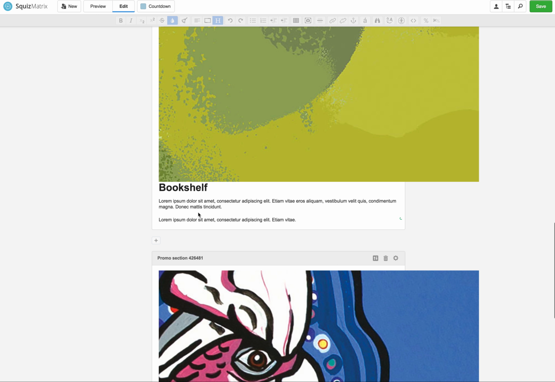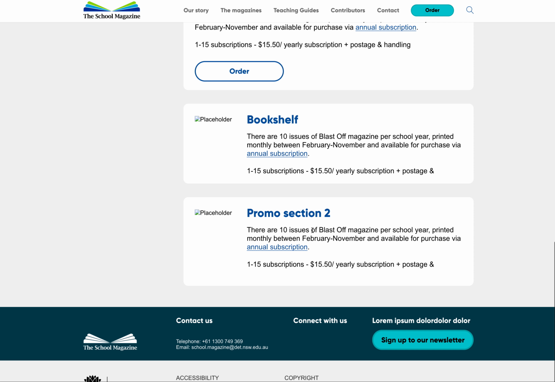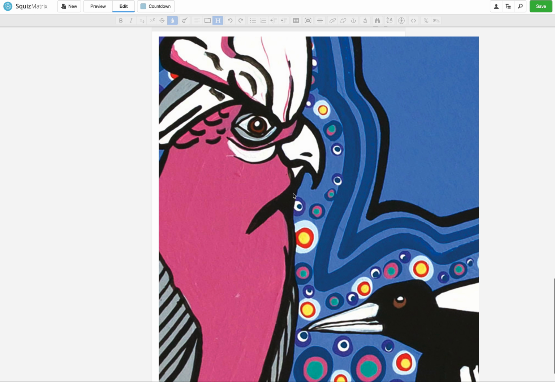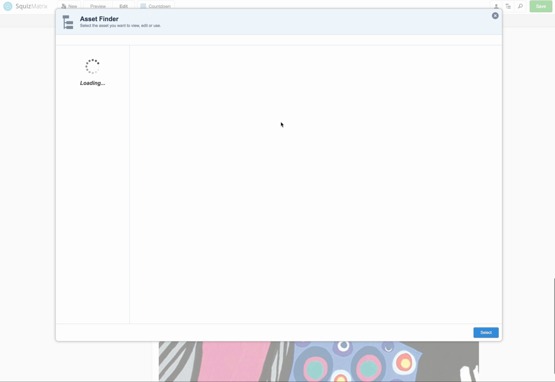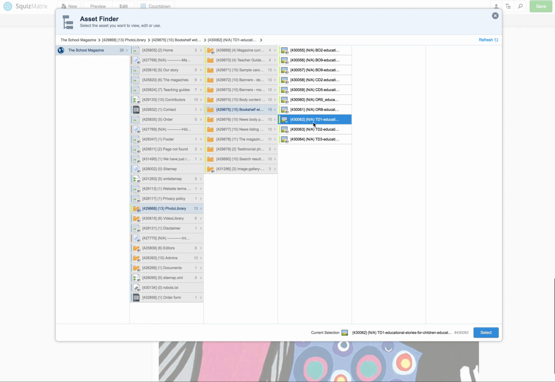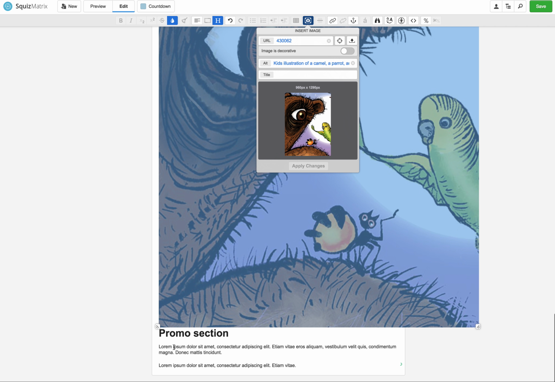And then that's the bookshelf text. And then this other final promo section, again, that's the photo. Make sure it's got an alt tag, and there's the text.